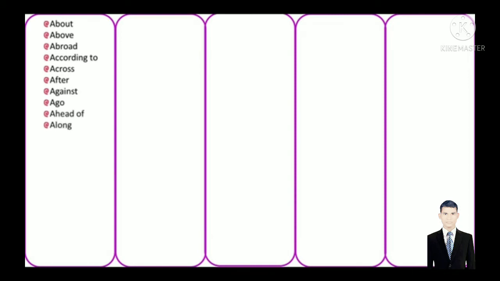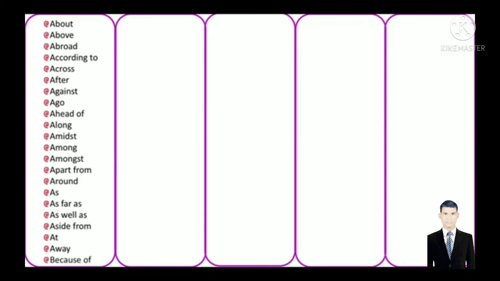Now I will go through a list of more than 100 common prepositions. About, above, abroad, according to, across, after, against, ago, ahead of, along, amidst, among, amongst, apart from, around, as, as far as, as well as, aside from, at, away, because of, before, behind, below, beneath, beside, besides, between, beyond, by